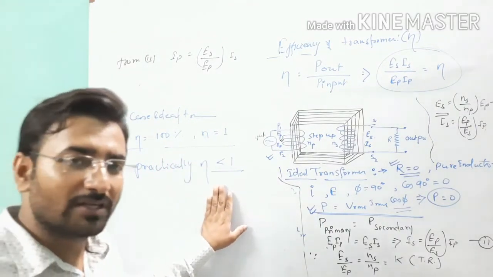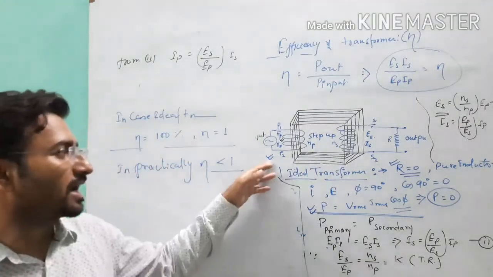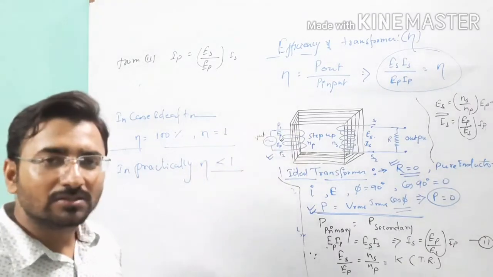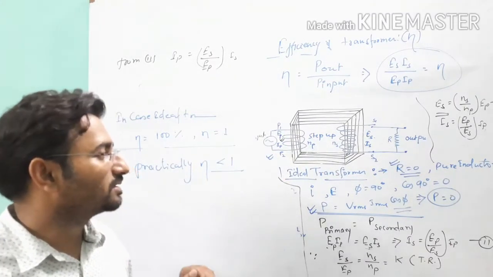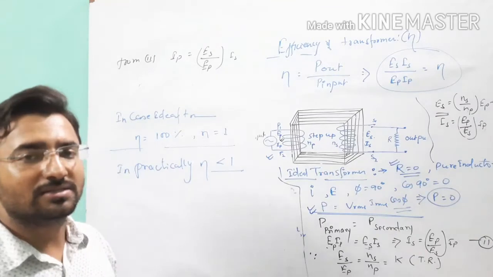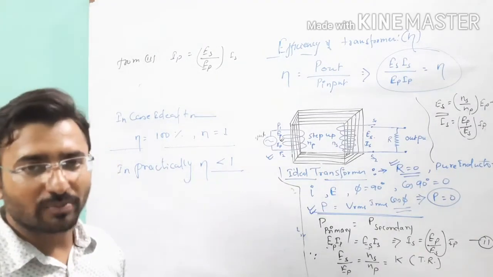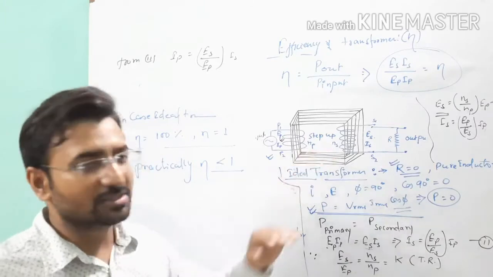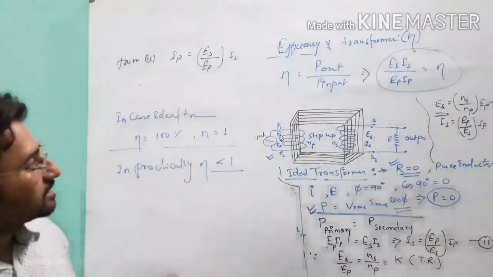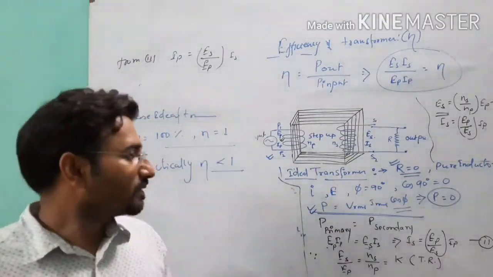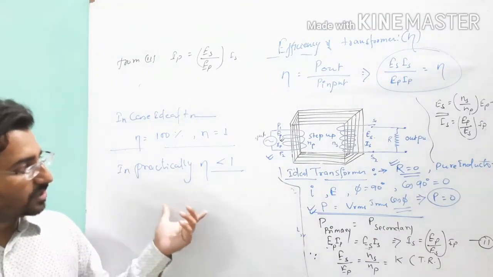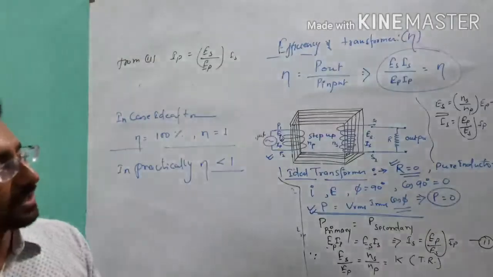Here there is a loss of energy. There are different types of loss of energy: iron loss, copper loss. Point clear? In case of copper loss, the loss of energy is by Joule's law of heating effect, and in case of iron loss it is by hysteresis. In case of ferromagnetic material, in terms of hysteresis, there is loss of energy. So this is the discussion about the transformer, and you can revise all the topics here, by which you can solve problems related to the transformer.